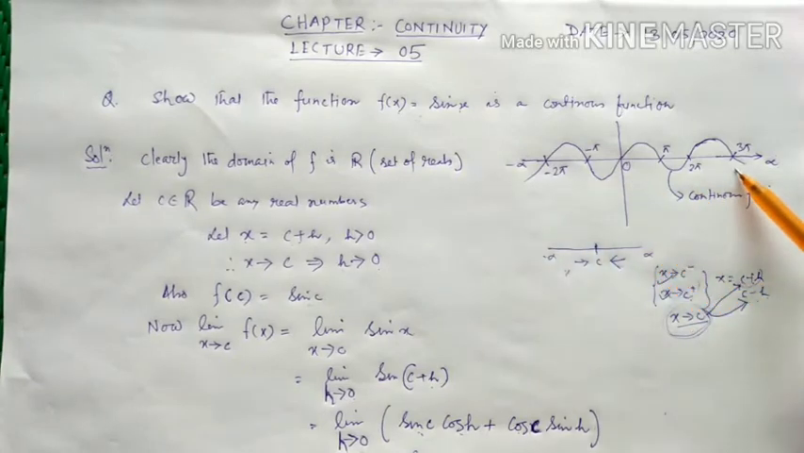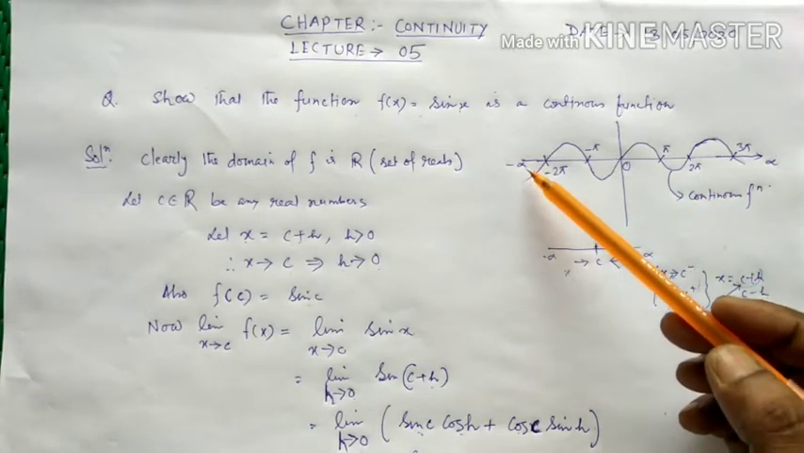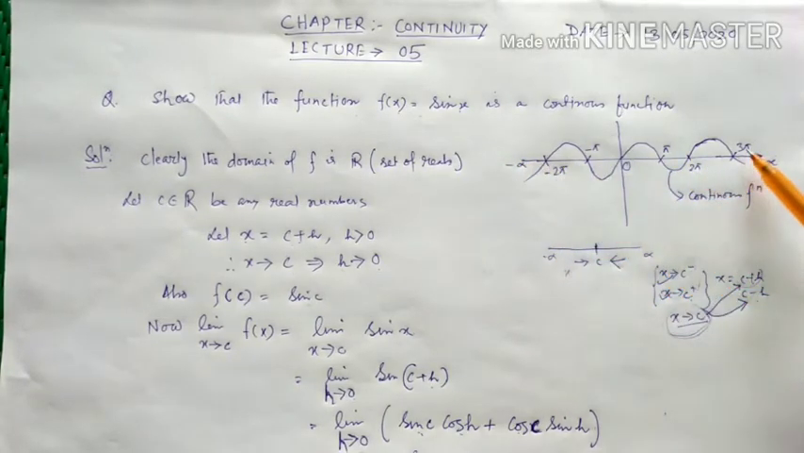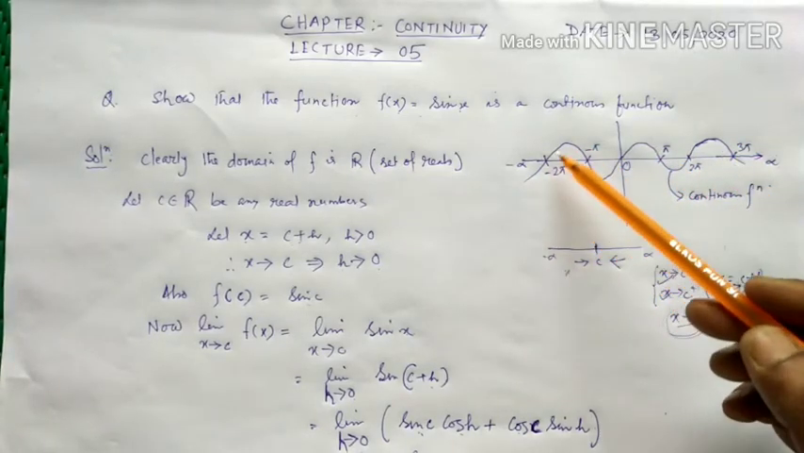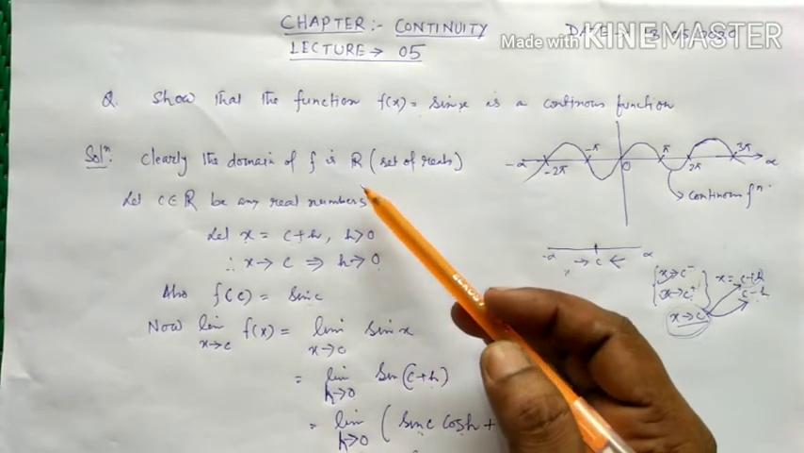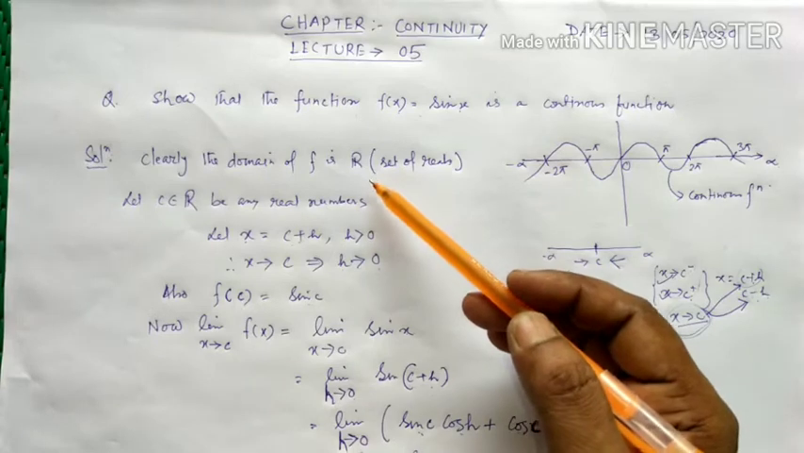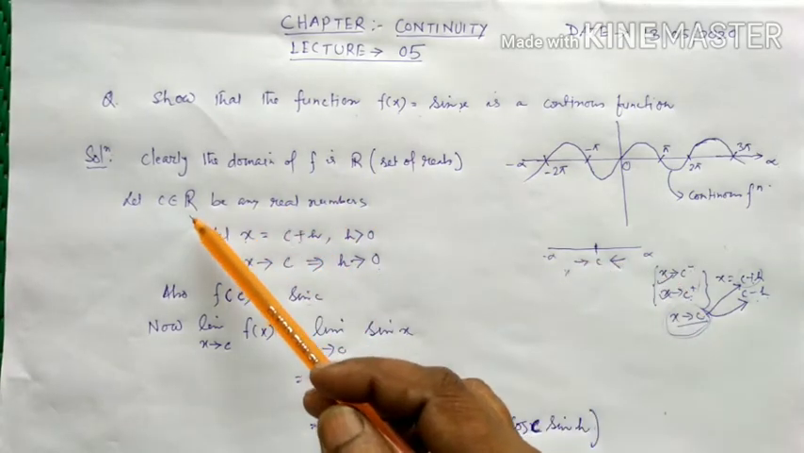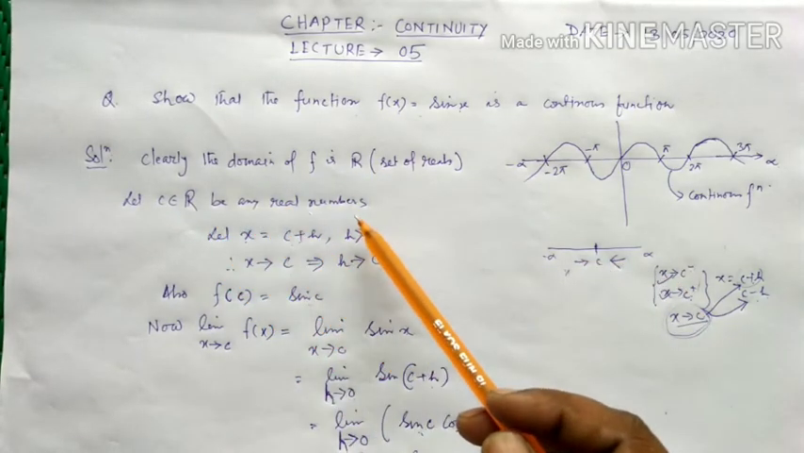In class 11 you got the graph of the function, and from the graph, over the whole domain, the graph is like that. Okay, understood? And from the graph it is clear that the function is continuous, but how can we show mathematically that the function is continuous? Since the domain of the function is the set of real numbers, we can take c to be any real number,